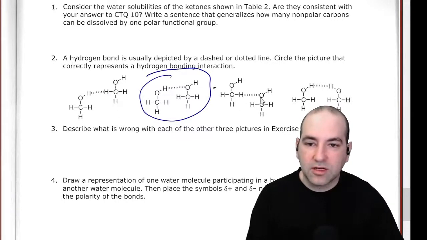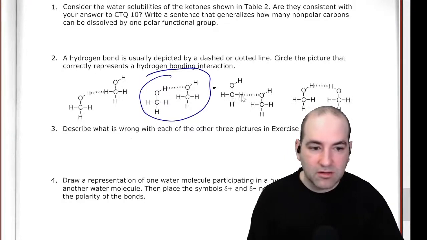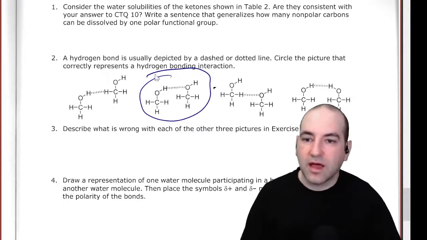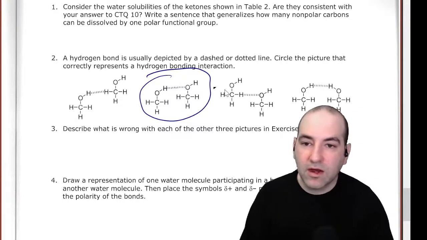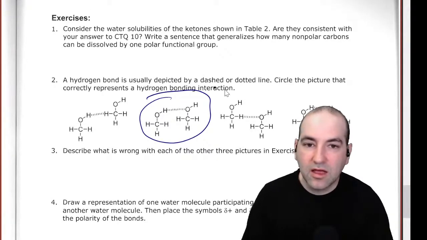Here's a hydrogen connected to an oxygen through the intermolecular attraction, but that hydrogen is connected to a carbon, so that's not right either. And then same thing, 2 hydrogens, that's not how it works either. It's between the hydrogen and the oxygen. And the way you would know that, to be able to answer that, is